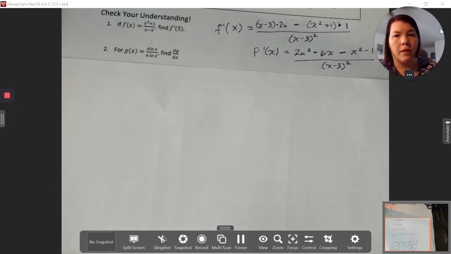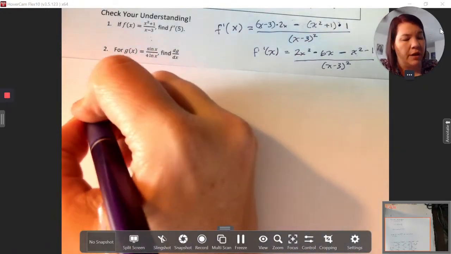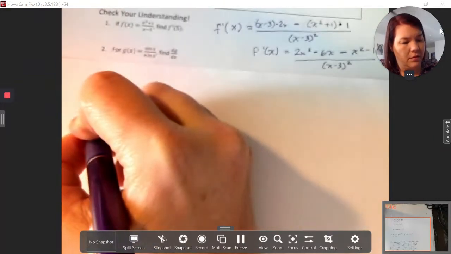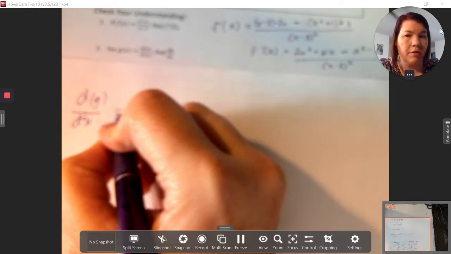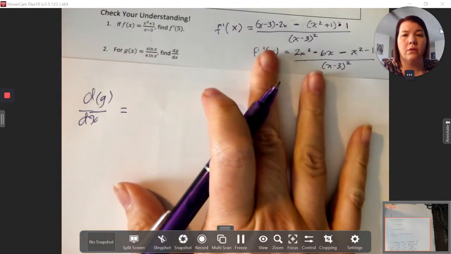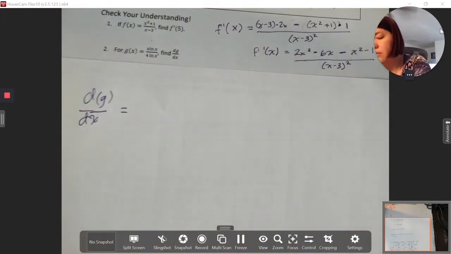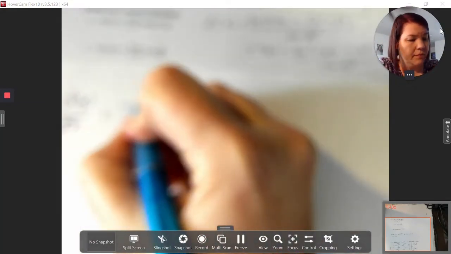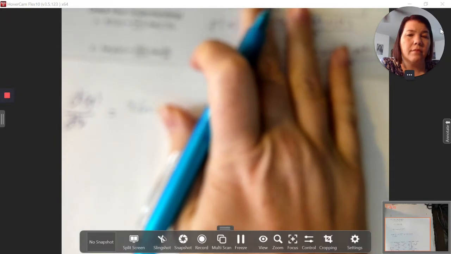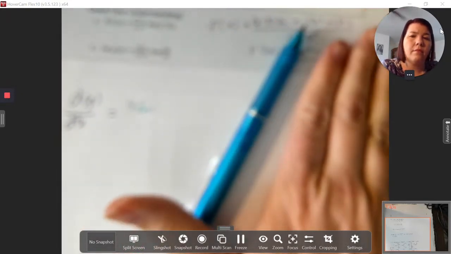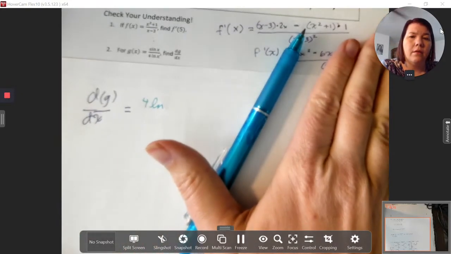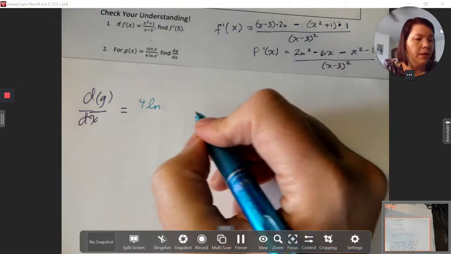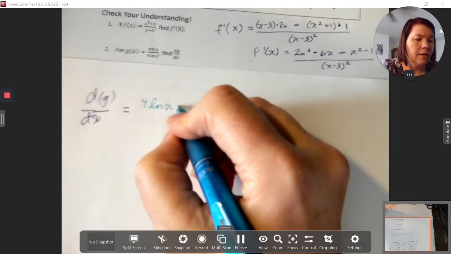Okay. So I need to find dg dx, which is just the derivative of this, but we're going to go ahead and use their notation. I'm going to change colors. And again, we have down. I'm so sorry about the blurriness of this. Only problem with this camera. Down, D up,